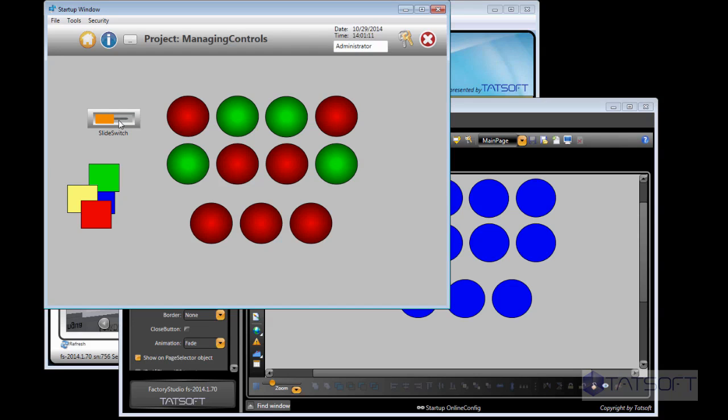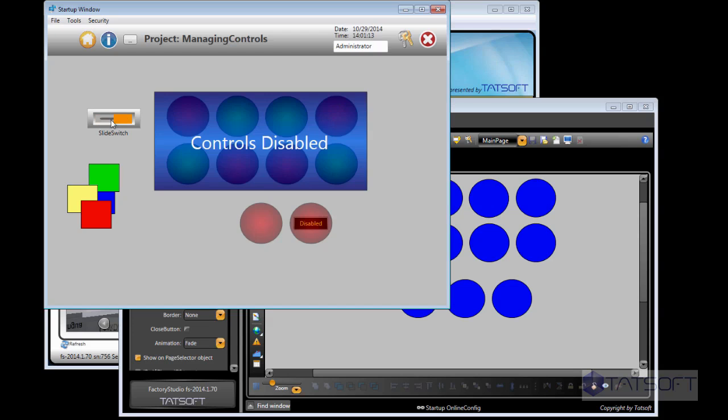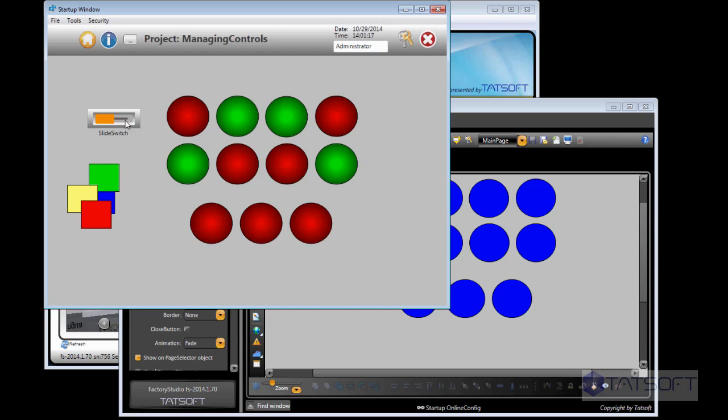We also have one of the buttons disappear down here in the lower left, and it reappears when the tag is set back to 0. At the remaining buttons here, we set the opacity property. The control on the right also has security applied to it so that only the user named administrator will be able to use it. We're currently logged in as administrator, but when we log in as something else, say guest,